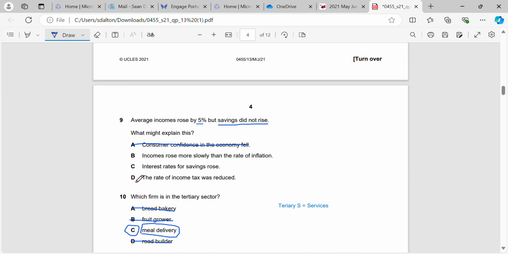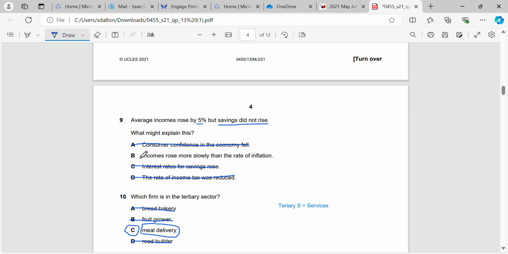less money. The rate of income tax was reduced. Again, that might explain why average incomes go up, but average incomes is looking at the gross total normally, right? Now, even if we take it as the net total, imagine they get 5% more, that wouldn't explain why savings did not go up. Interest rate for savings rose. Again, if interest rates for savings rose, we would expect that the number of savings would increase, not stay the